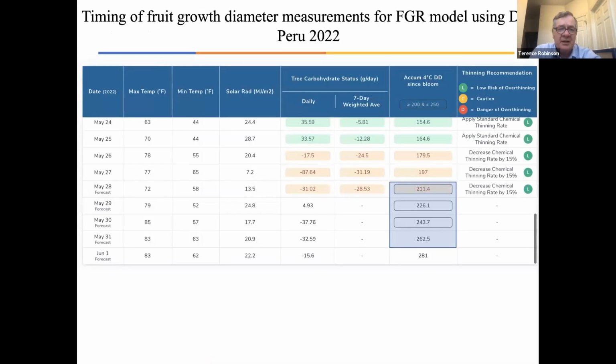I want to go back to this slide showing what's predicted to happen in Peru, showing that on May 28th, we'll enter this, May 29th actually, because this was the one I ran a day ago. But there's a period of time when if you sprayed on, say, May 28th, you could just look forward, in this case, only about 3 days to make your first measurement. And then probably 3 days after that, you'd make your second measurement, because with heat, you accumulate degree days pretty